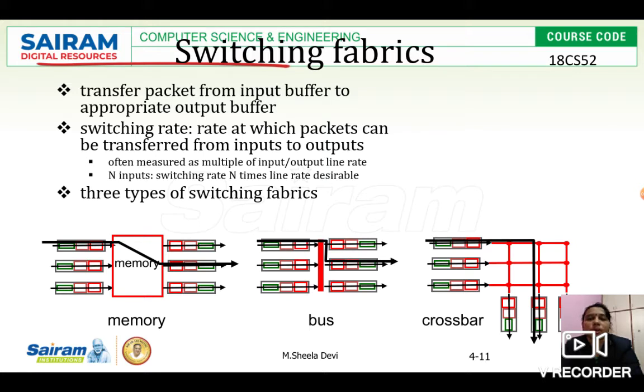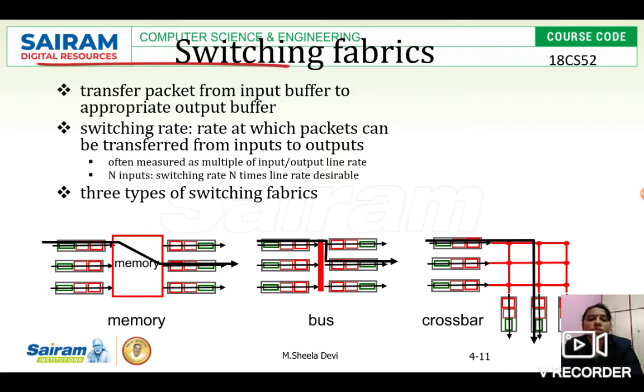The routing processor. So with the help of the routing table, the packets are switched from the input port to the output port by the switching fabric. It transfers packets from the input buffer to the appropriate output buffer. The switching rate is the rate at which the packets are transferred or switched from the input port to the output port.